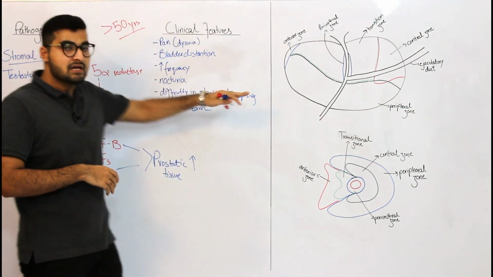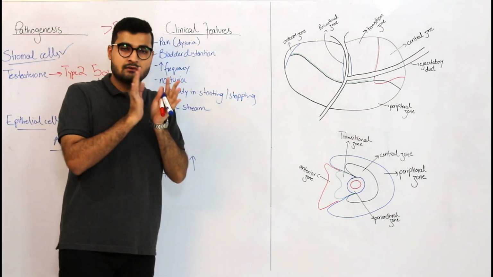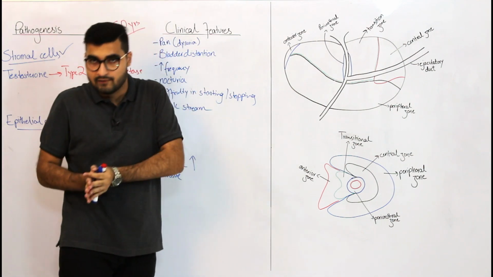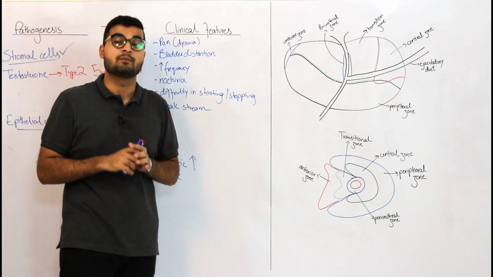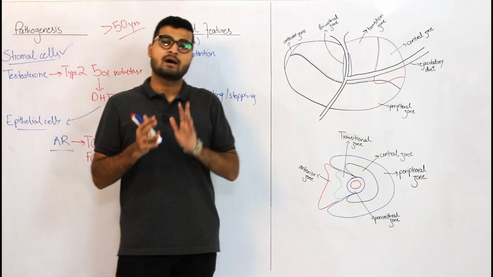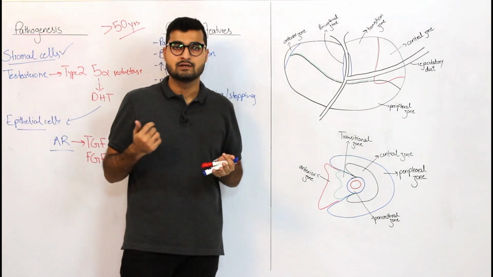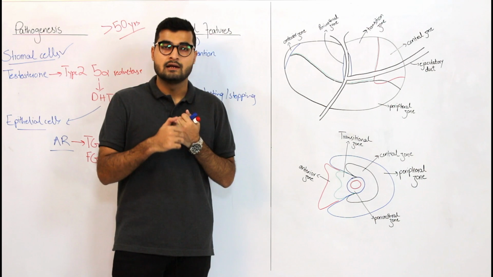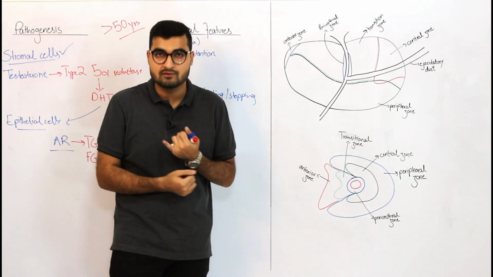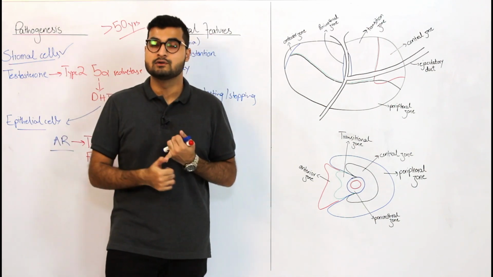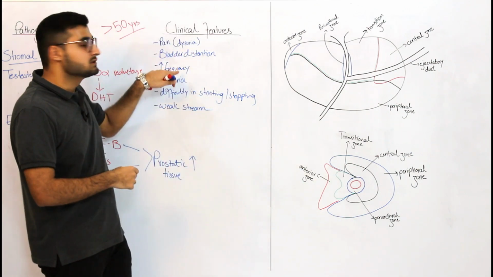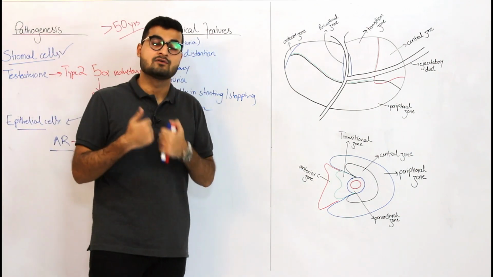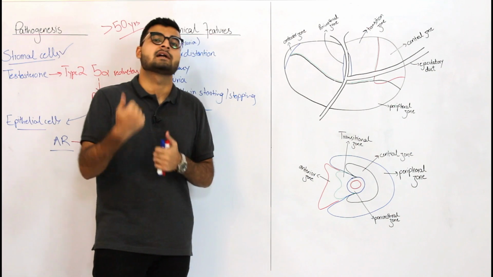So coming on to the treatment. Now, you have medical treatment, you have conservative treatment, and you have surgical treatment for patients of BPH. So talking about the conservative treatment, what you can do is you can suggest the patient that they do not drink increased amounts of fluid when they're about to go to sleep at night to prevent nocturia. If they don't drink water before going to sleep, they might not have to go.